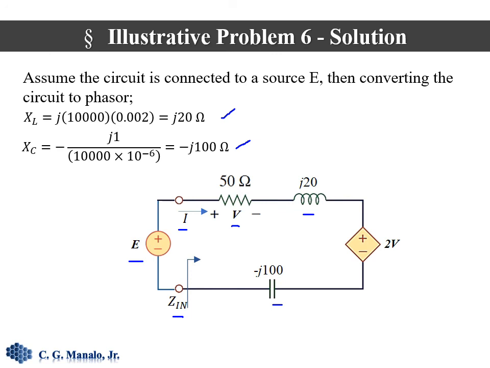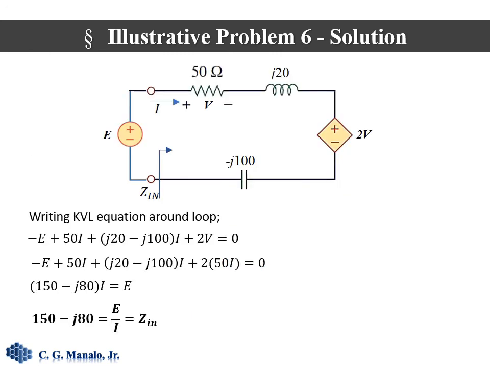Since this is now a closed circuit, we could write a KVL for that. So this is the KVL equation. Now the voltage V here, which is the voltage across the 50 ohms, can actually be replaced by 50I by Ohm's law. Then after simplifying the circuit, we will have this, and transferring I here, that gives us this,